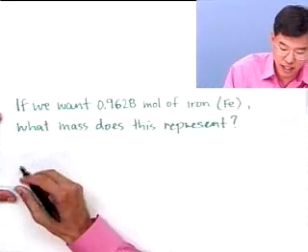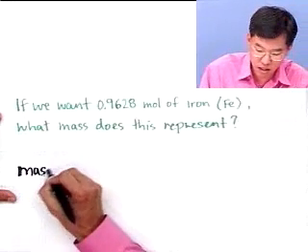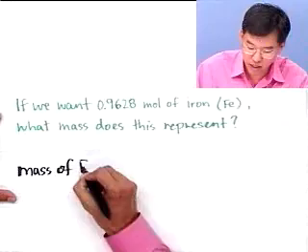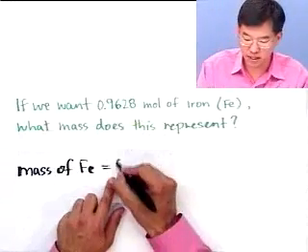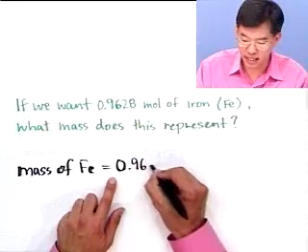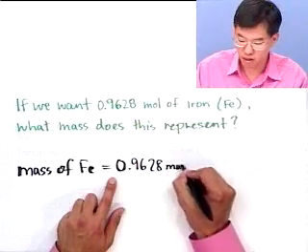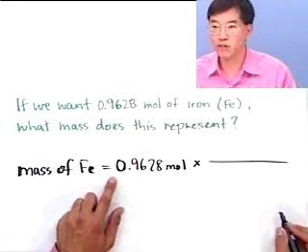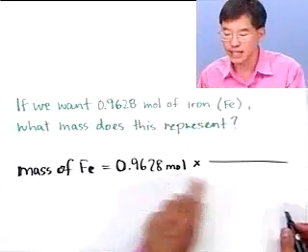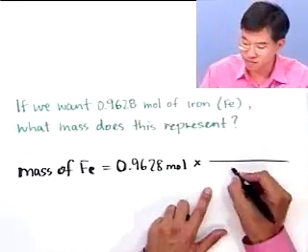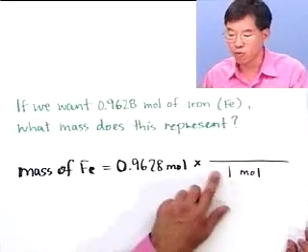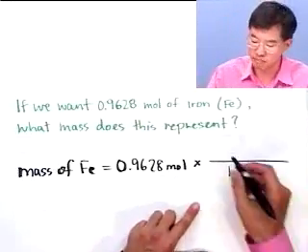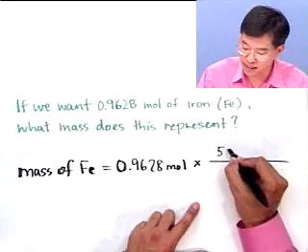Okay, so let's see. Mass of iron. This is the mass that we want, and it's equal to the moles of iron, 0.9628 mole, times, and we need a conversion factor. Moles is here, so we want moles in the denominator. 1 mole. And of course, this is 1 mole of iron. What does 1 mole of iron weigh? Well, we look it up in the periodic table, and we find